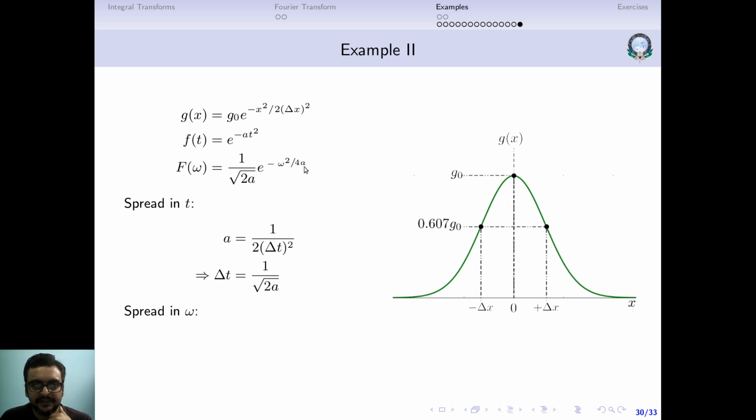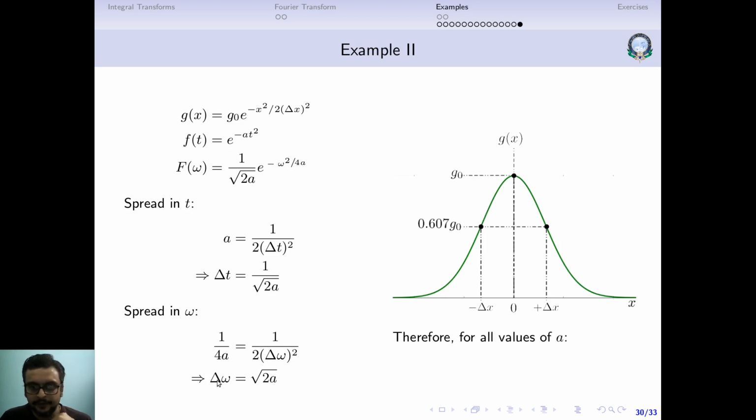That means whatever else is left, that will just match here. So what is left here? 1 by 4a must be equal to 1 by 2 into the spread of the variable. What is the variable? Instead of delta x, we'll just call it delta omega. So 1 by 4a is equal to 1 by 2 into delta omega square. So from here we can find out this delta omega is equal to root over twice a.